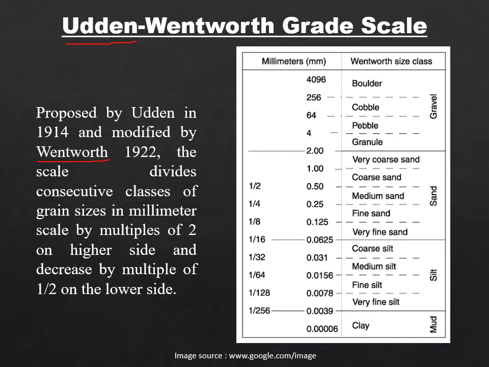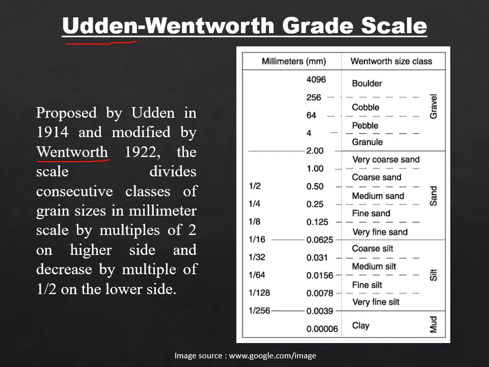Now, how did they express the grain size classes? According to Udden and Wentworth, they use the grain diameter to depict the size of the grains, and according to their scale,